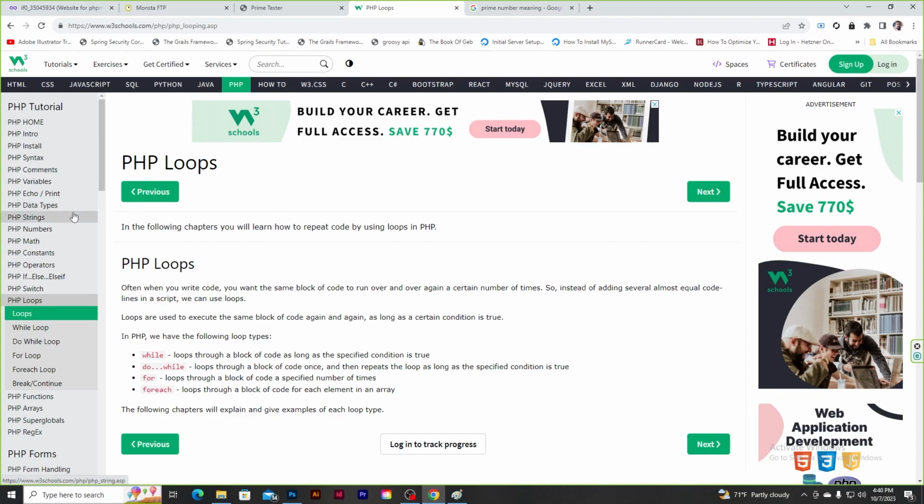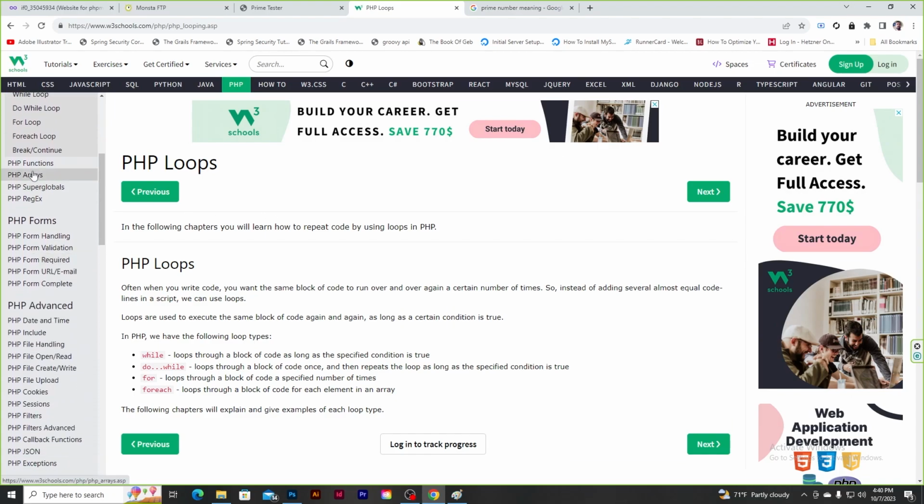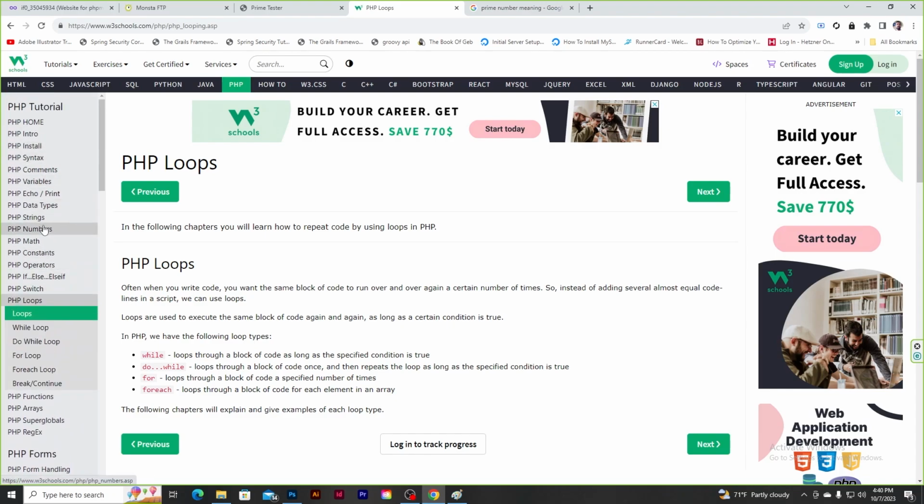And after you know how to use variables, if else, while loop, and data types, then you can slowly, not now but later, start increasing your knowledge by learning about other things. Okay, now let's start